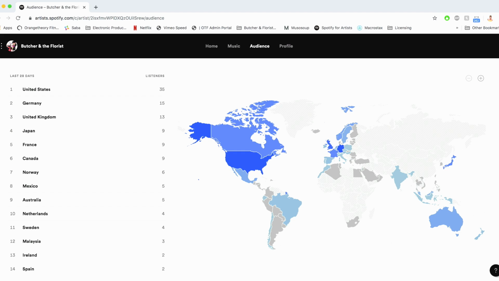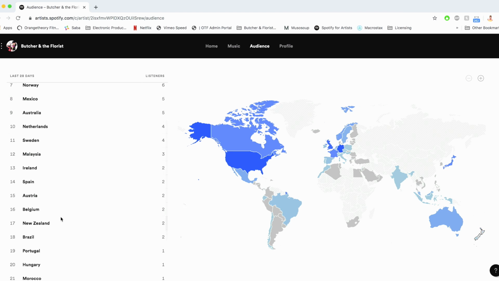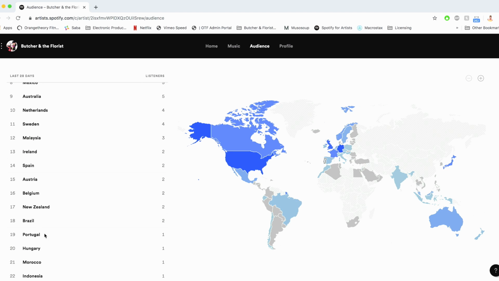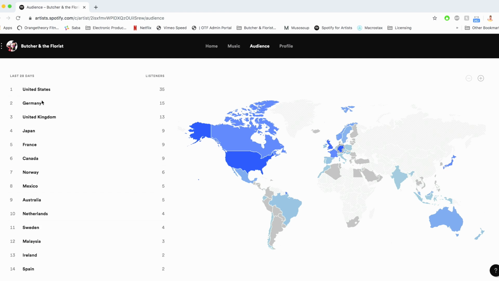So you can definitely do a Google search and find some countries that you should be mindful of if you start to see them a lot. France is definitely one that's had a lot of bot users lately. Mexico is one, Malaysia, maybe Brazil or Portugal. So do a little research, kind of find out what countries you need to be mindful of. Luckily for us, the top four here, United States, Germany, UK, Japan, they don't have a really high amount of bot users. So we're looking pretty good over here.